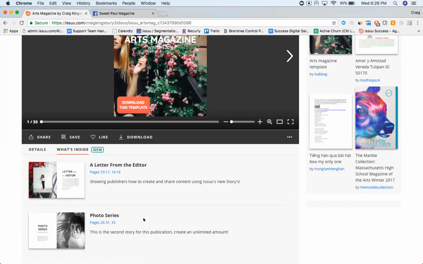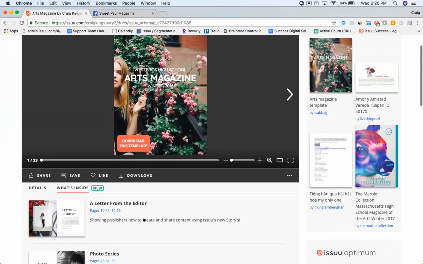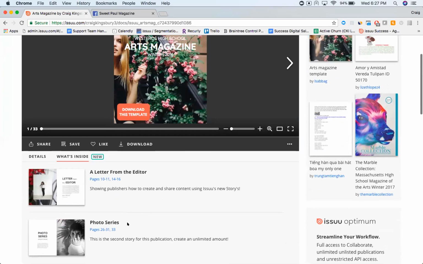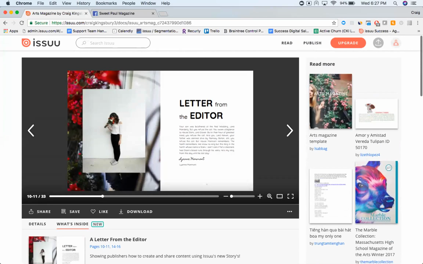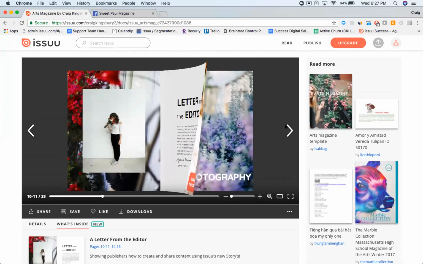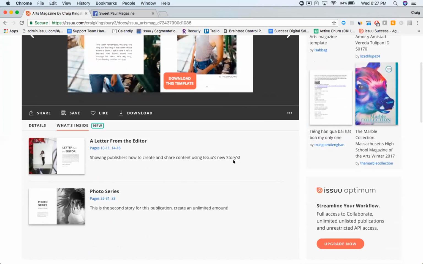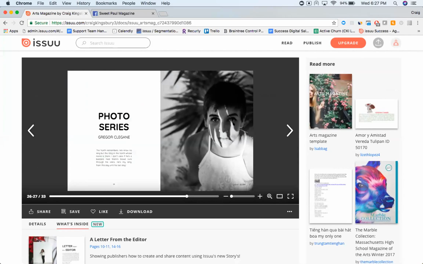This is what it looks like when you are on the desktop view. And if you're on a mobile view, you're going to see that mobile optimization that we saw earlier. Really, what it does when you're on mobile, someone can go here and see these different sections that you want to highlight. When somebody clicks on that, it'll open them directly to that page. And again, you can do that for multiple stories within one publication. We click on that, and then we hop directly over there. So it's a great way to highlight anything that you want to showcase in your new publication.